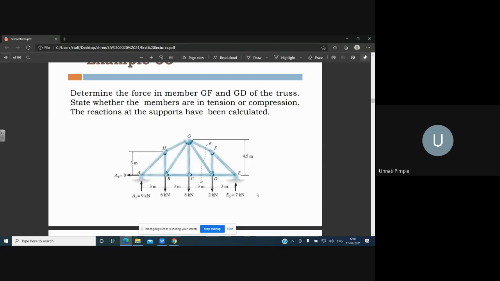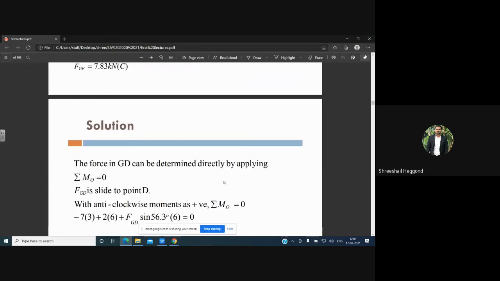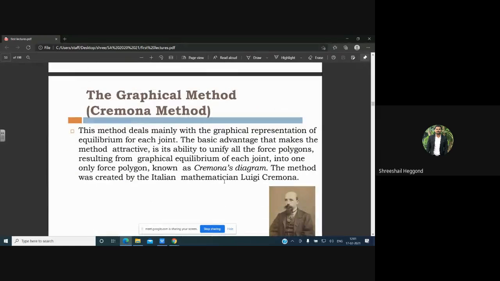Okay, fine. Next we'll go through another method, that will be the graphical method, whereas in our syllabus we have only the section method and joint method. For a brief introduction to the graphical method, it will be